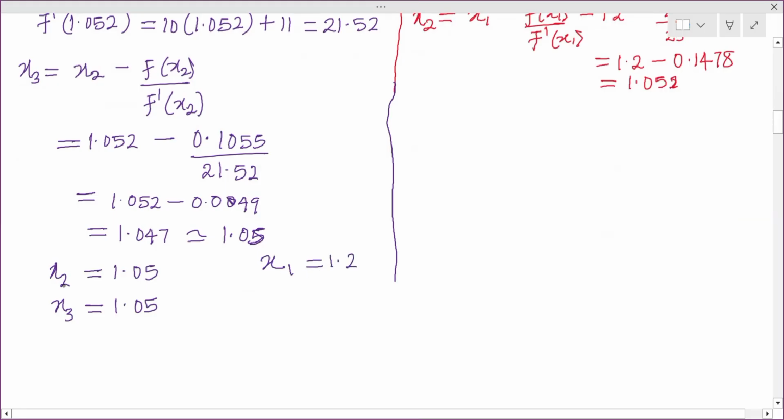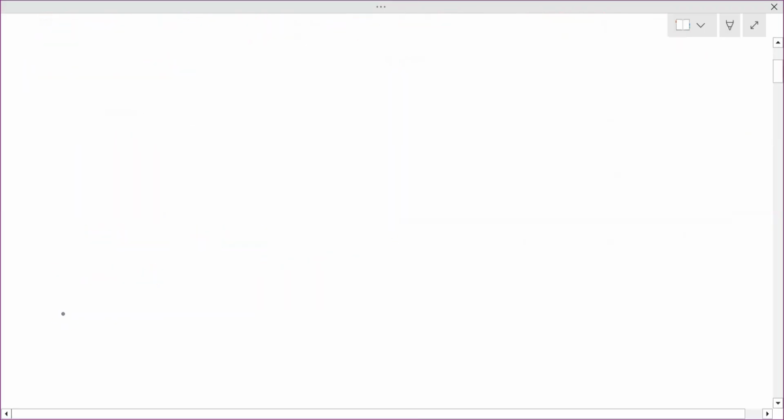So by the time you have x2 and x3 very close to each other or equal, then you stop. Are we together? So you stop, and therefore the correct approximate positive root, according to the question,